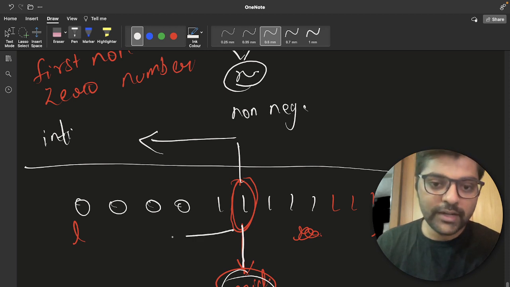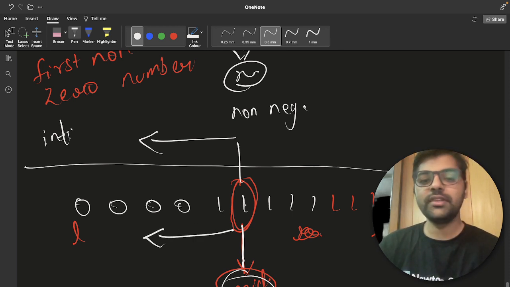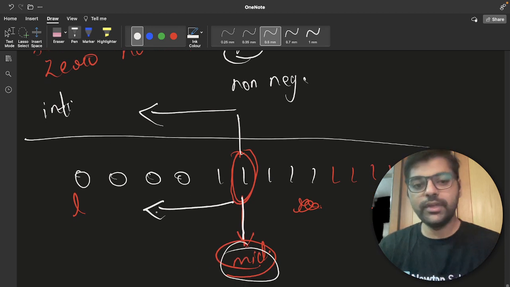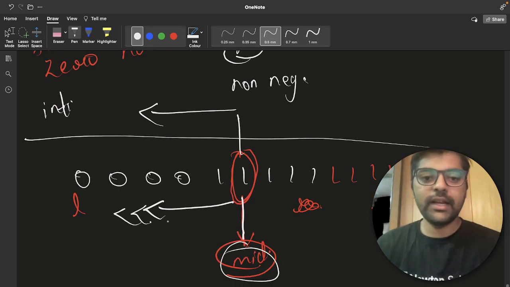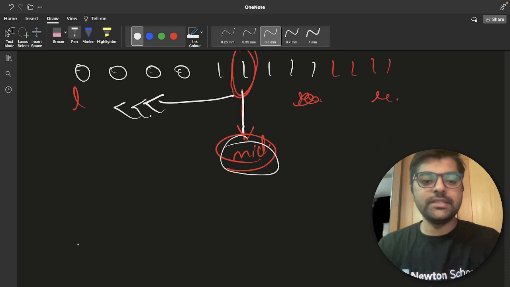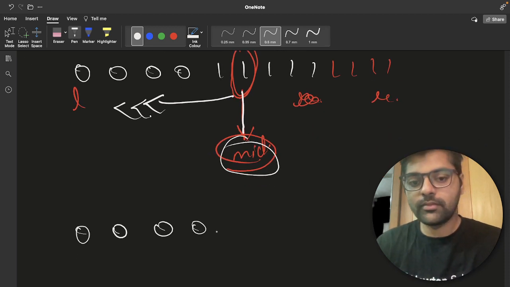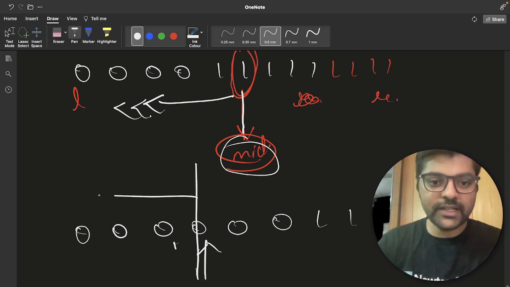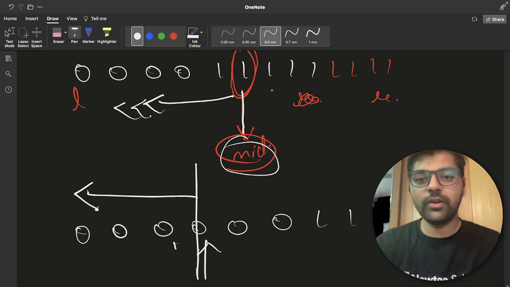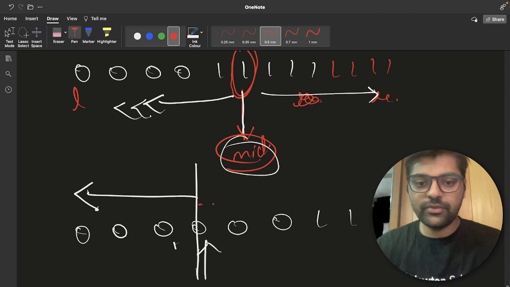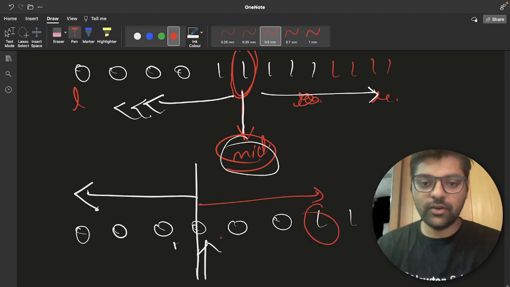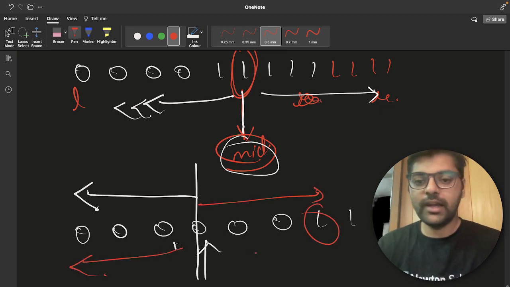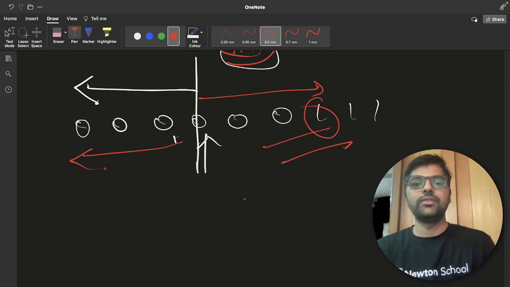It might be the case that this is not the first non-negative number, so we will check on the left side, right? If our mid is coming here or here, then we know that on the left side only 0 will be present, or on the right side only 1 will be present. Then we can ignore this side and check on the other side, right? So this is binary search.